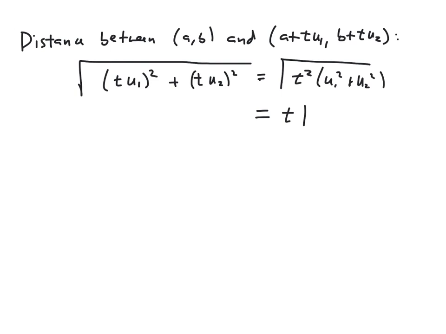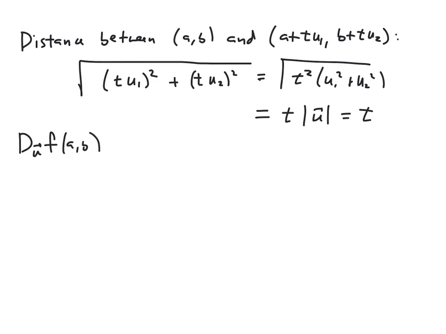But remember, that's just the magnitude of the vector u. And u is a unit vector. So the magnitude of u is just equal to 1. So the distance between the point (a, b) and (a plus t u1, b plus t u2) is simply t. Right. And so what this tells us is that this